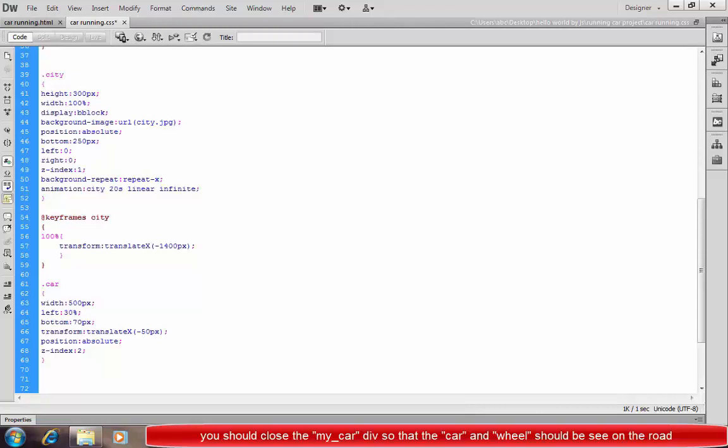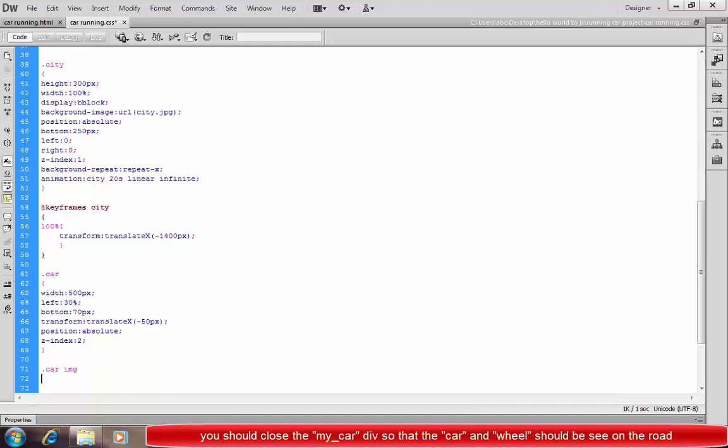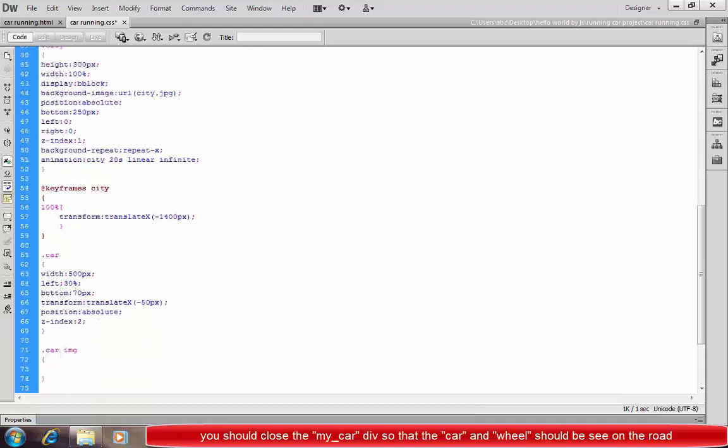So I write all the CSS properties, and again I browse it, so that you can see what problem occurs here. You can see that the car image is not showing here, but still I create another car image here, because of using the car property.